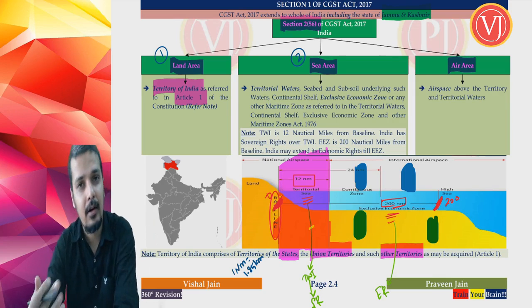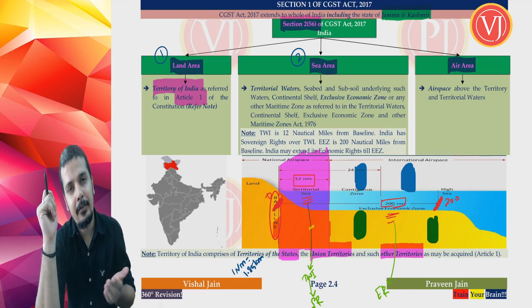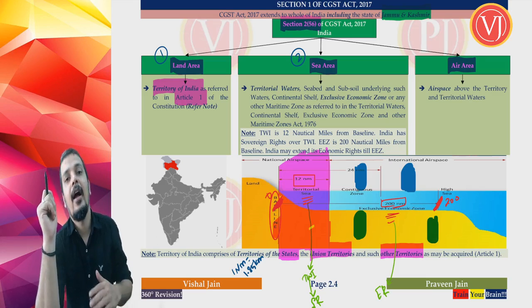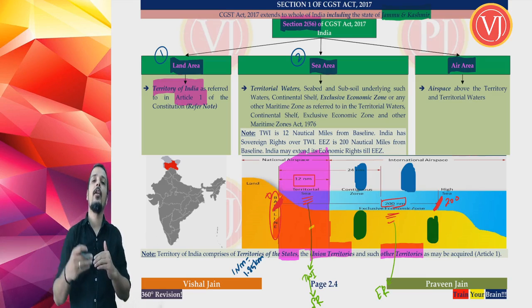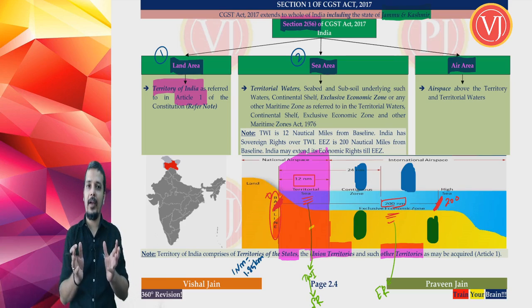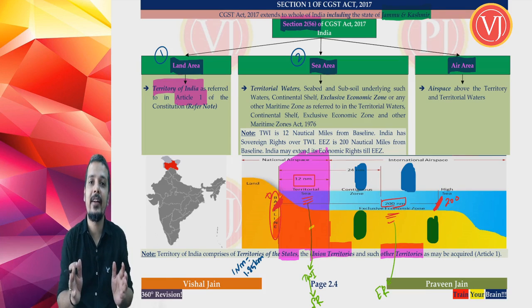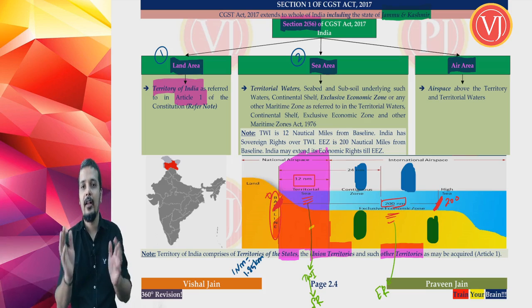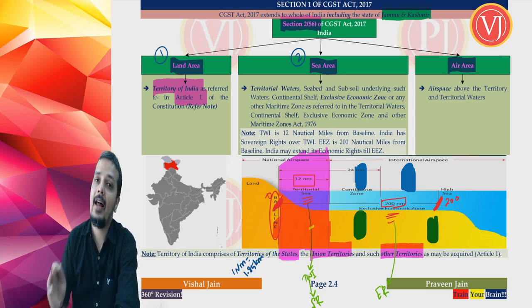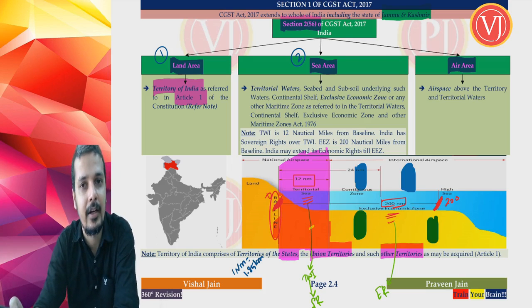by India. What is the sea area of India? Sea area of India is nothing but territorial waters and the sea bed and the subsoil under such territorial waters, and it may go beyond territorial waters when you talk about the continental shelf and exclusive economic zone. So if I want to simplify it in terms of sea area, India extends till TWI fully, right? Sovereign rights. India extends till TWI, 12 nautical miles fully, where India is having sovereign rights, and after 12 nautical miles till 200 nautical miles, which is technically called the exclusive economic zone.